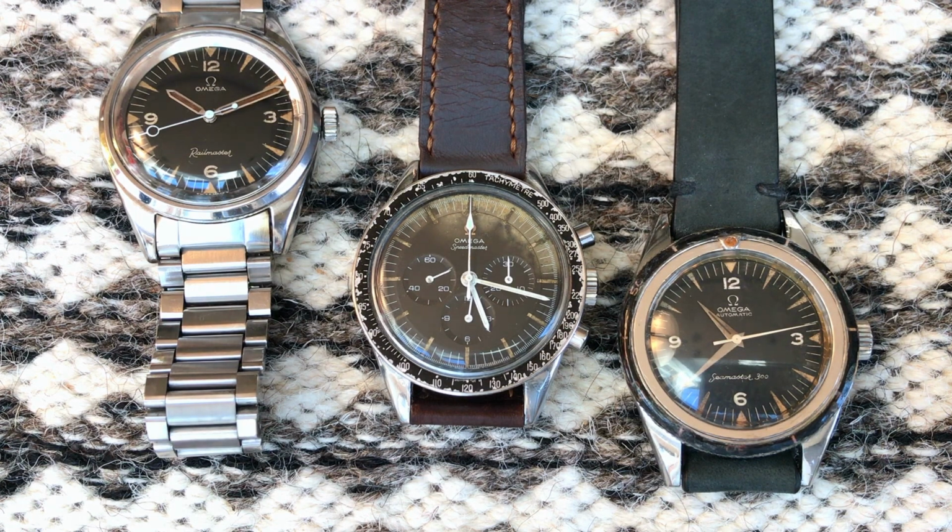This reference before us today is still a straight lug, but has differences from CK2915 and 2998. This piece was worn by astronaut Ed White on one of the first spacewalks into space, and hence this reference is now nicknamed Ed White. Reference